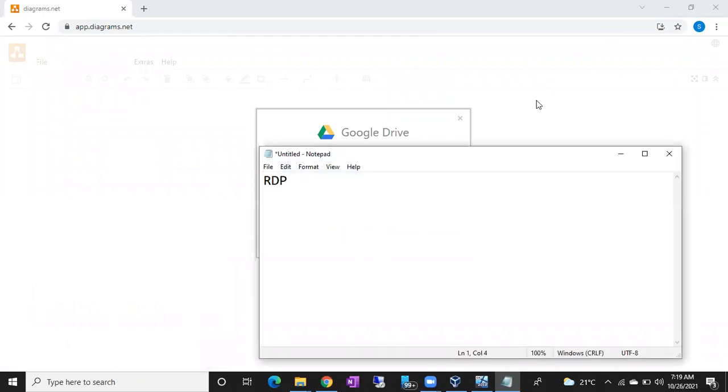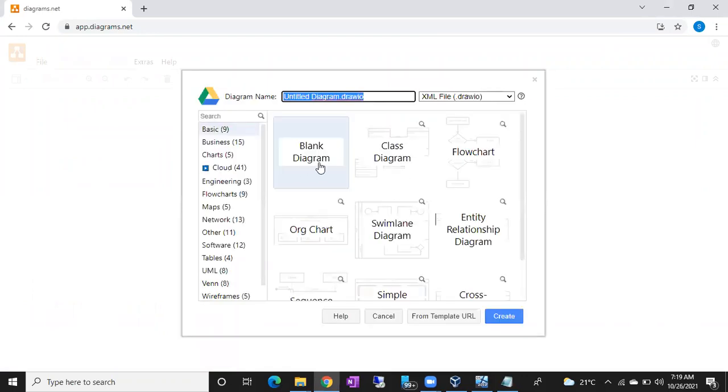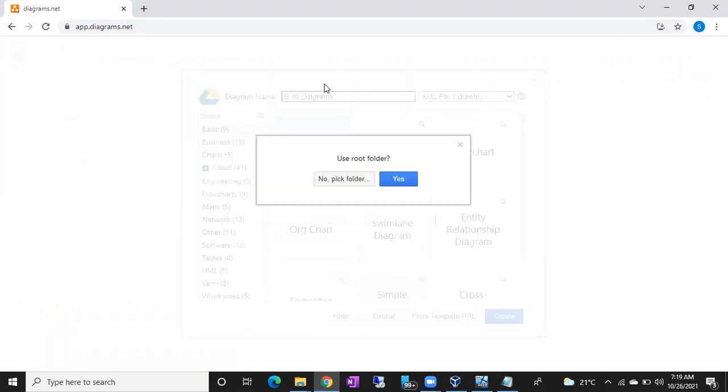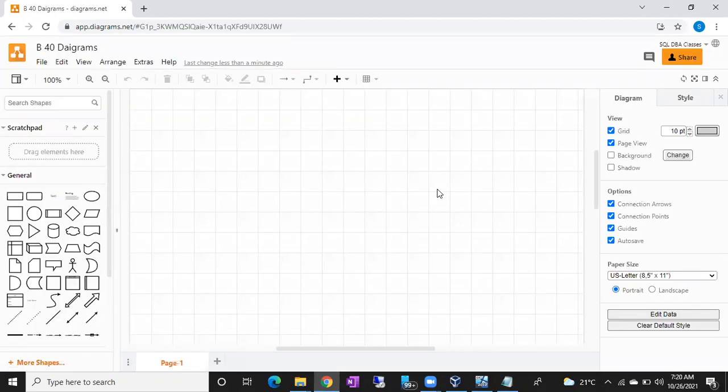RDP, remote desktop. Let me open a new diagram and choose diagrams. So we usually do RDP to the servers and connect to the servers remotely.